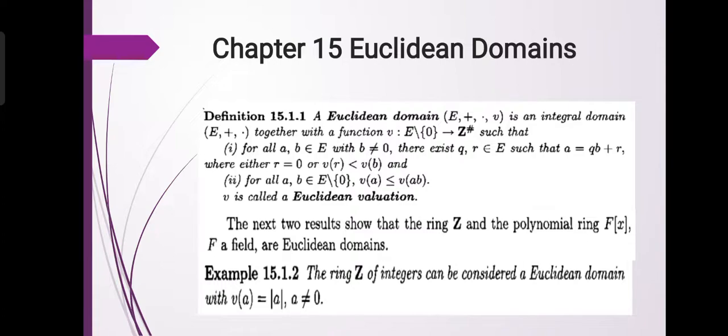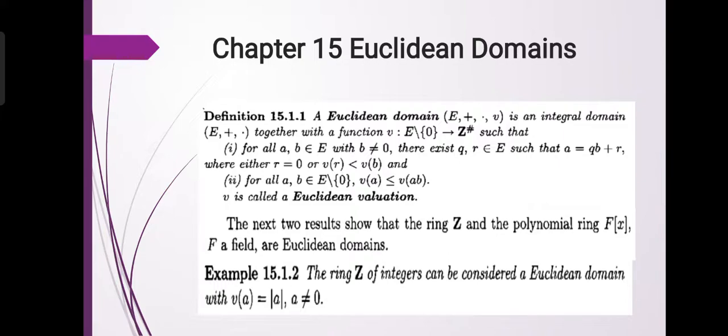for all a, b belonging to A \ {0}, v(a) ≤ v(ab). v is called a Euclidean valuation. The next two results show that the ring of integers and the polynomial ring F[x], F a field,